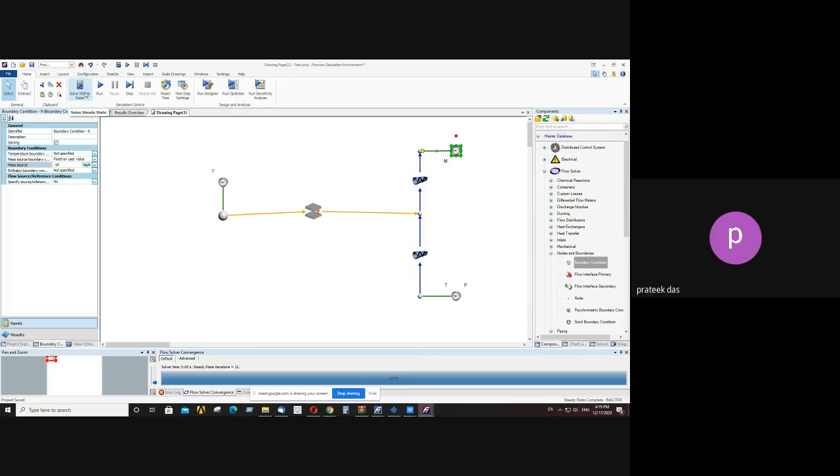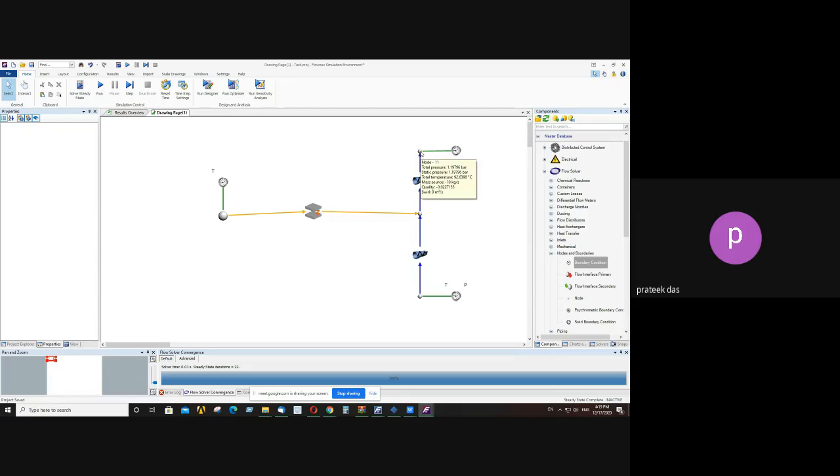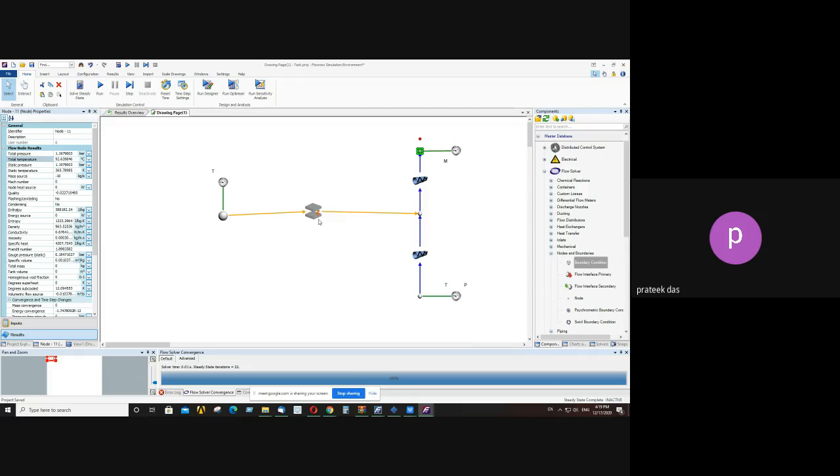So after that, you can solve the steady state. And if you hover your mouse over any flow element, you can see the total mass flow is 10 kg per second. And if you click this node and go to the result, you can see the total temperature is raised from